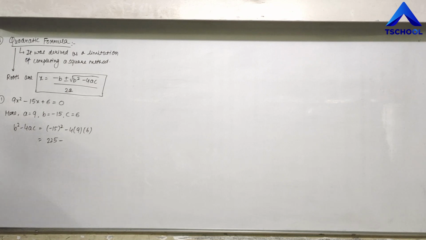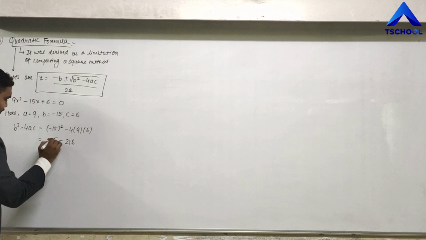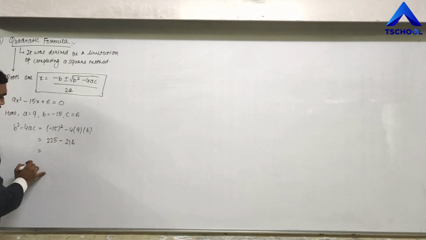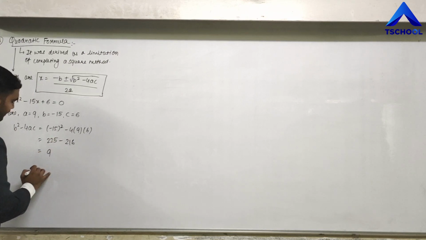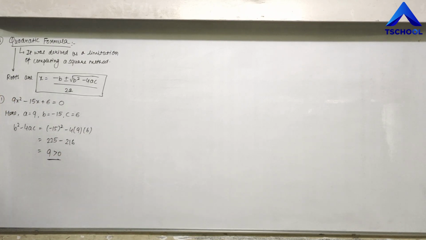216. That is 216, right? So we got 25 minus 216, that is 4 plus 5, 9, which is greater than 0. See, right now I am writing which is greater than 0. Next I am going to teach you what the nature of roots decides, or what the nature of the roots is. So right now we have b square minus 4ac is greater than 0. Therefore the roots